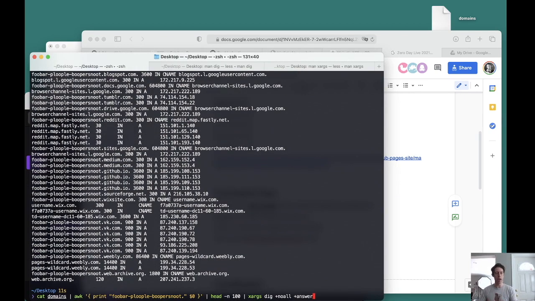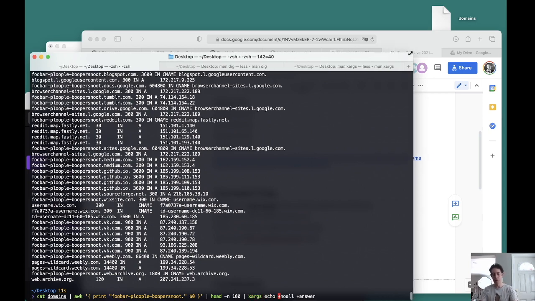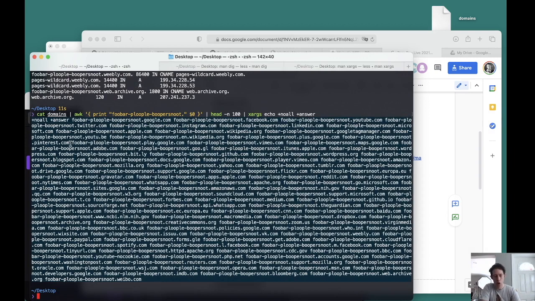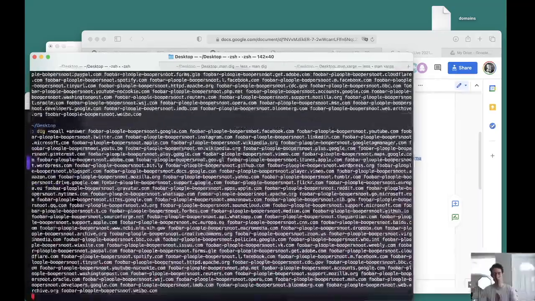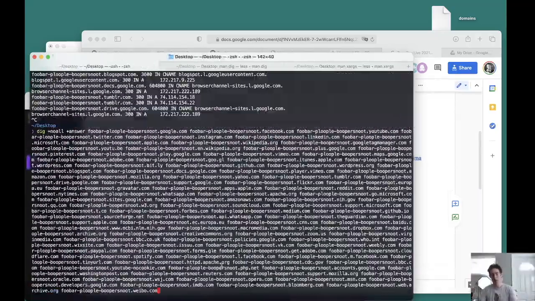Let's see if there's a way that we can check how parallel this is going to be. We want to run these all together as fast as we can because there's a million. Instead of running dig, I'm going to run echo. Echo will allow us to see what is being passed into it. So this is one command with a whole bunch of stuff. That's good, because we actually want one command. That means if we ran dig and all of these things together, it would just spit those answers out. Okay, so let's profile this real fast.